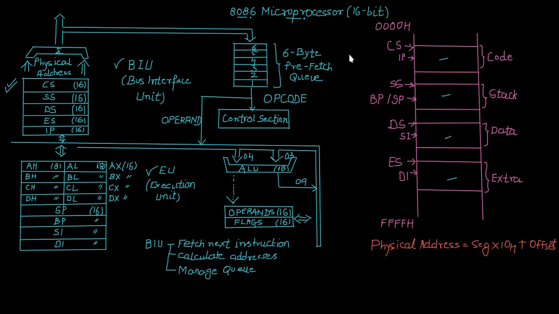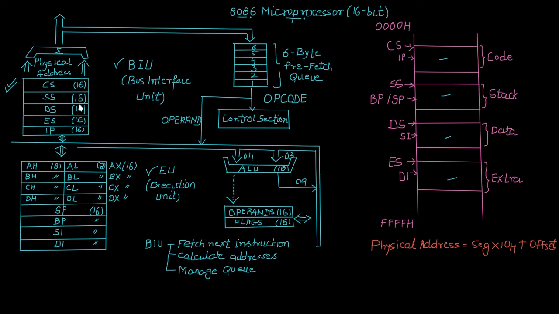It is a 16-bit microprocessor. That means that the instructions that this processor is going to deal with are of 16 bits. And so you can see in this structure we have CS, SS, DS, ES, and here I have written that these all are of 16 bits. So the segment addresses inside the code segment, the stack segment, the data segment and the extra segment are of